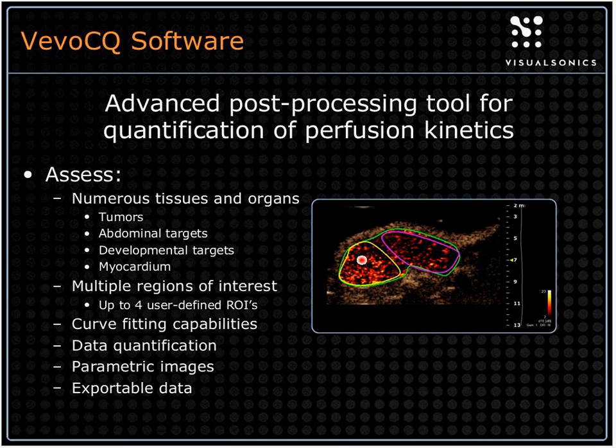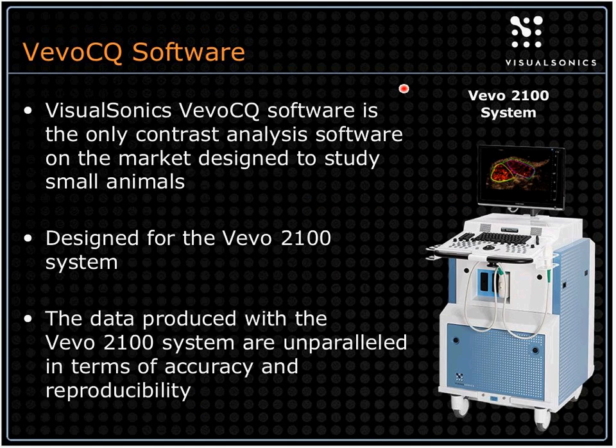Generates parametric images for you, so a little visual example here. There will be lots more later on. These parametric images are really nice because they're qualitative, so they allow you to really separate out by eye very quickly differences in regions within the tumor, differences between animals, between treatment groups, between days. Those parametric images are tied to hard quantifiable numbers depending on the types of metrics that you're looking at, all of which, as is typical for VisualSonics, are fully exportable as flat text files, so you can actually get your numbers out if you want to take analysis further and start to drill down even deeper into the data